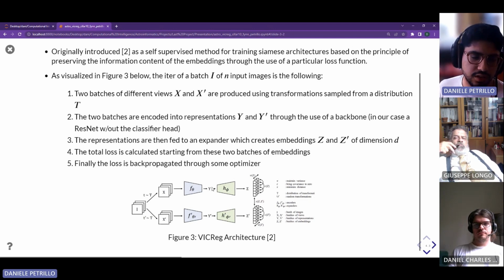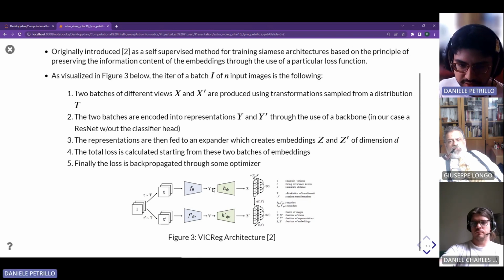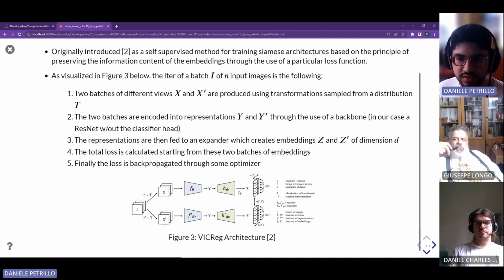One is to eliminate, this is proven to eliminate, all information that is non-important and dissimilar between the two different feature vectors. And it's also proved that it is useful for decorrelation, because once you get to Z and Z prime, which are called embeddings,